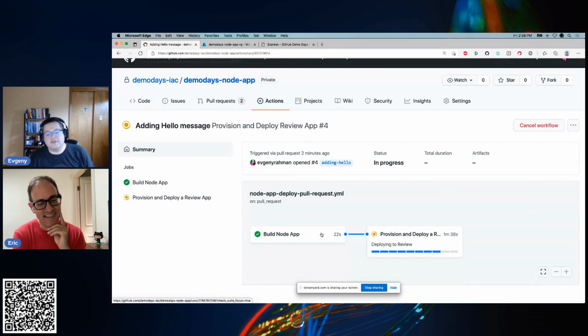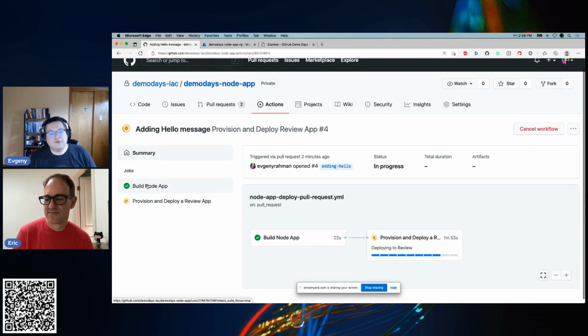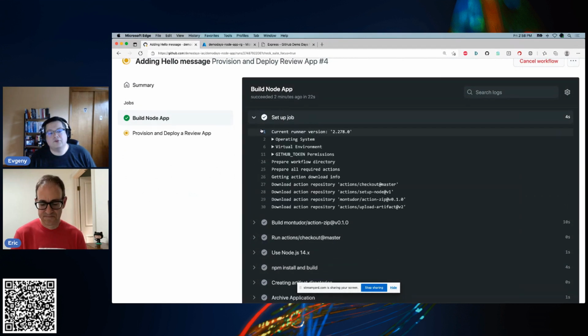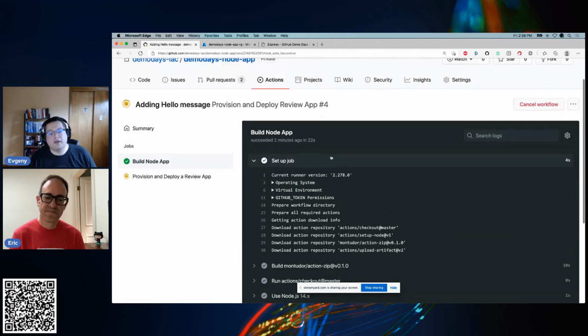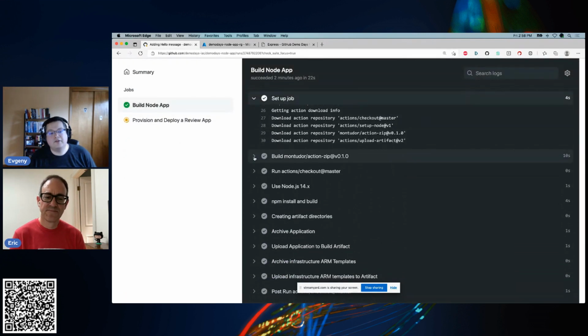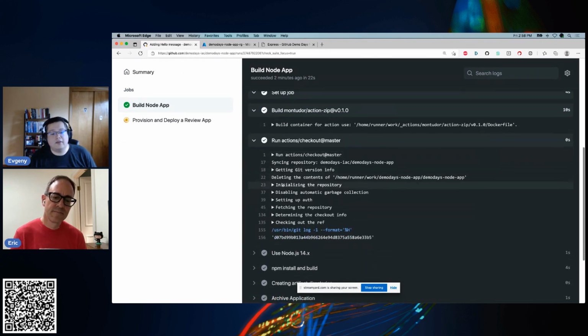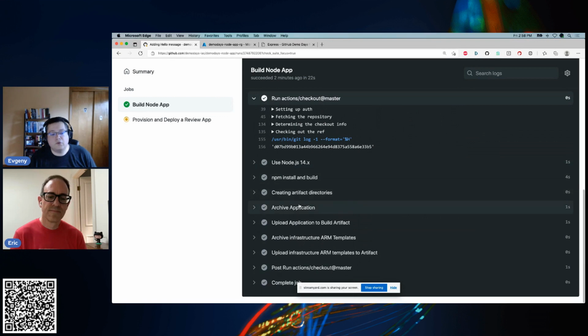Since that passed, we are now going through provision and deploy, and it is deploying to previews, giving us this nice little progress bar showing where it is in the process. And if you're more into seeing text output rather than visual output, like the nice blocks that we have, you can go in here and it'll actually show you output for each step, right? It'll show you what it's doing to set up the runner container. It's going to show you how it's checking out the source code and so on and so forth.